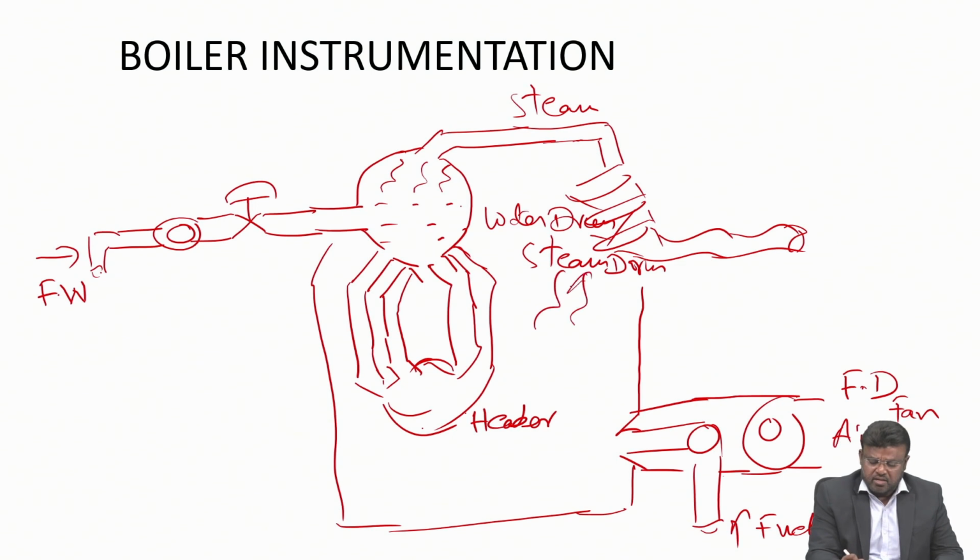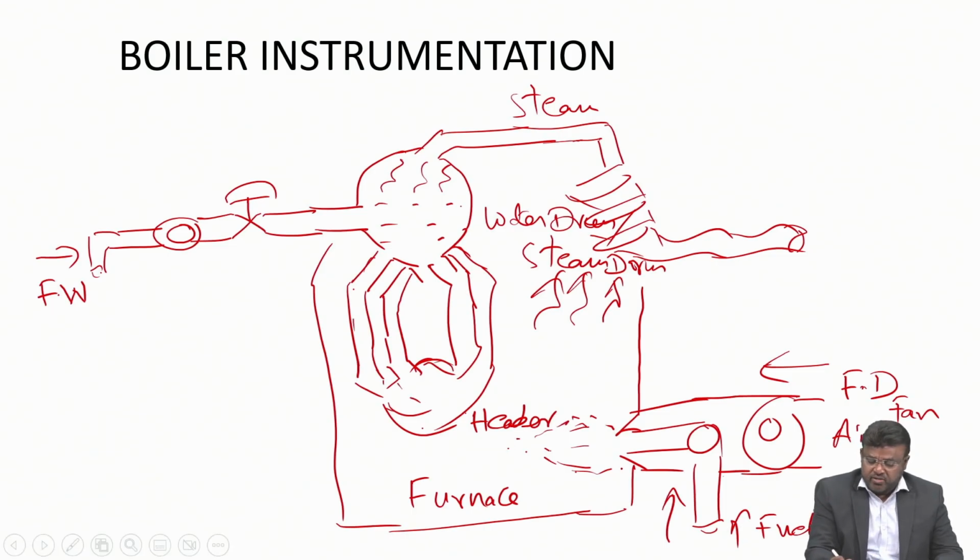So here are all the temperatures that are coming from this furnace. I can write that this is the furnace where the ignition will happen, because I am sending the fuel here and air from this direction. In order to make combustion, all the fuel along with the air, with the control, here also we have certain air to fuel ratio control we will use,